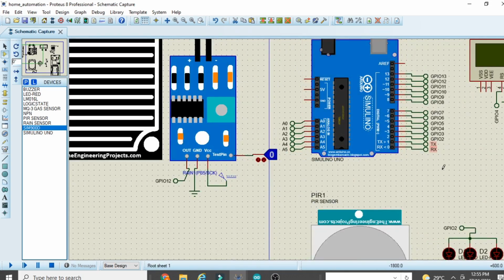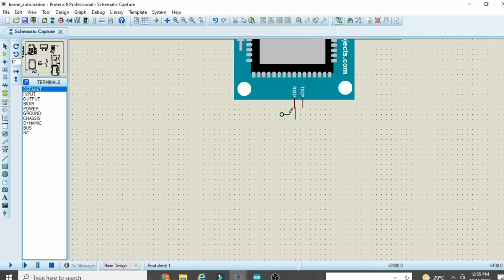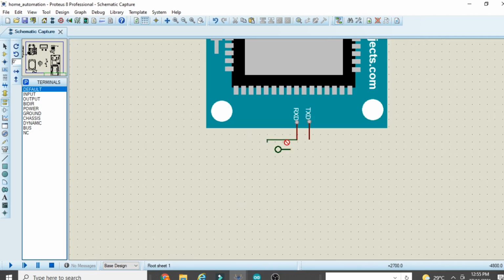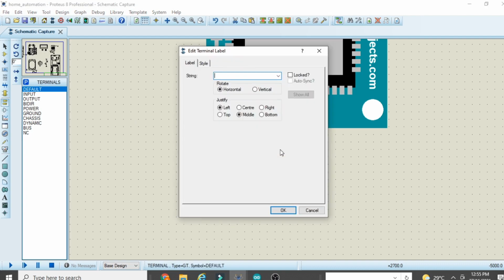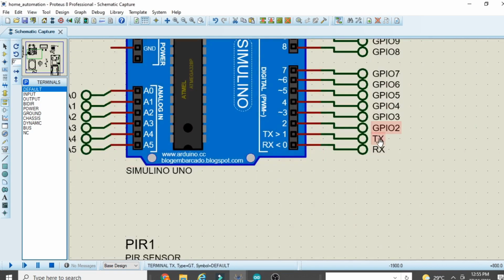So this is the TX pin. So if you want to connect the TX pin, go to the component mode, then click on default and place the default pin here. Now connect this RX pin to TX pin here. This pin. Now double click here and give your name TX and click on OK. Now you can see this TX pin is same as this TX pin.